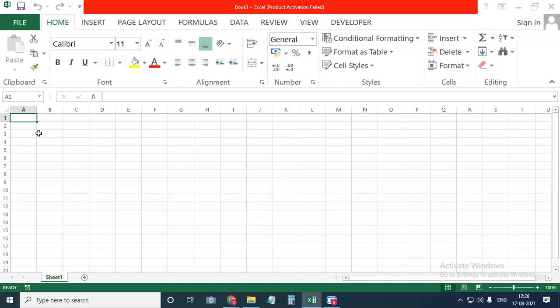Suppose I am creating the report card of one student here in an Excel sheet. Instead of creating that again and again in different sheets, with the help of macro, I can perform the same task again and again. That is the use of macro. If you want to perform the same task again and again, use macro.